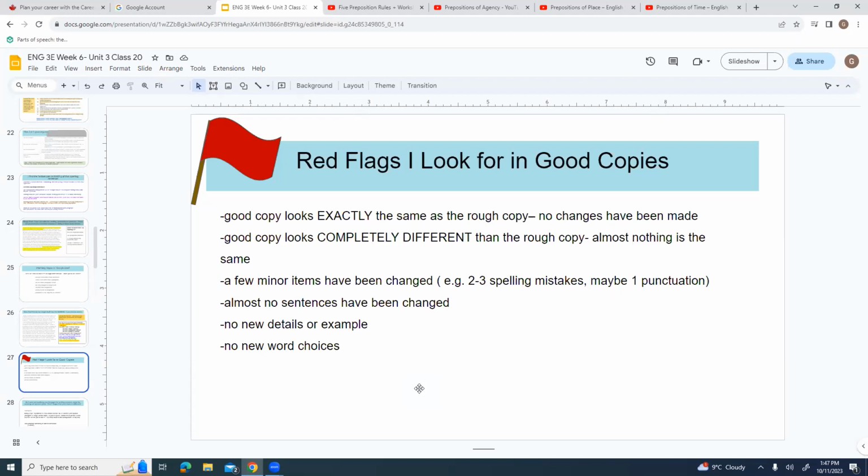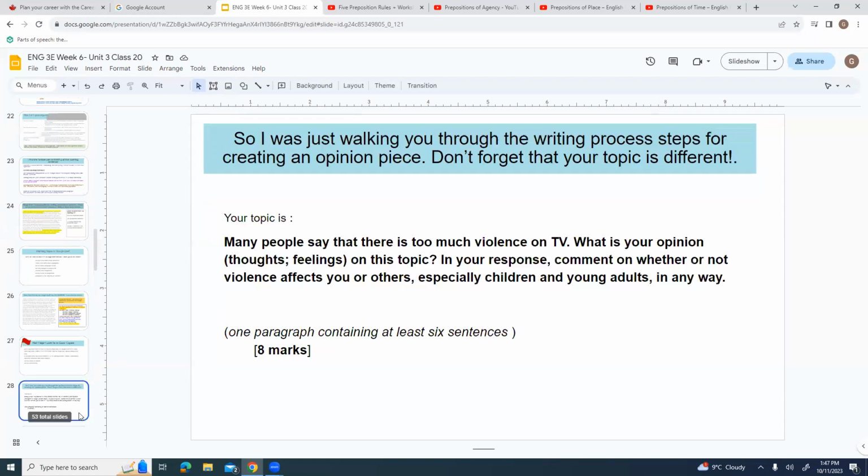Okay, so those are some of the red flags. When I look for those, little warning bells go off in my head. So I'm letting you know that those are things I will specifically be looking at your paragraphs for to see if they're happening, okay? So all of this was just me walking you through the writing process for how to